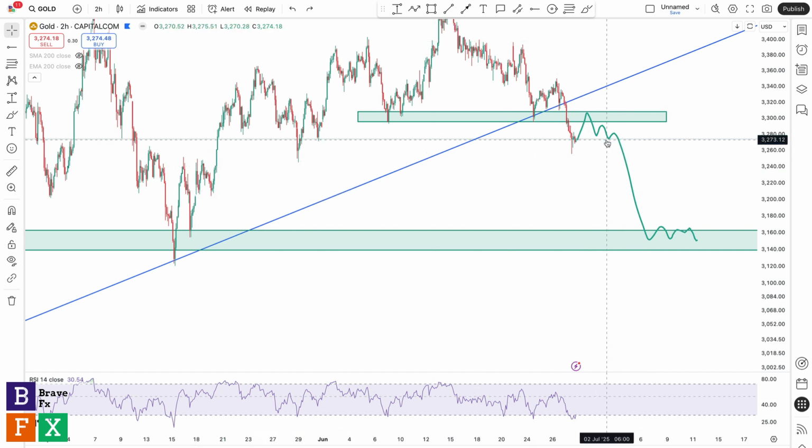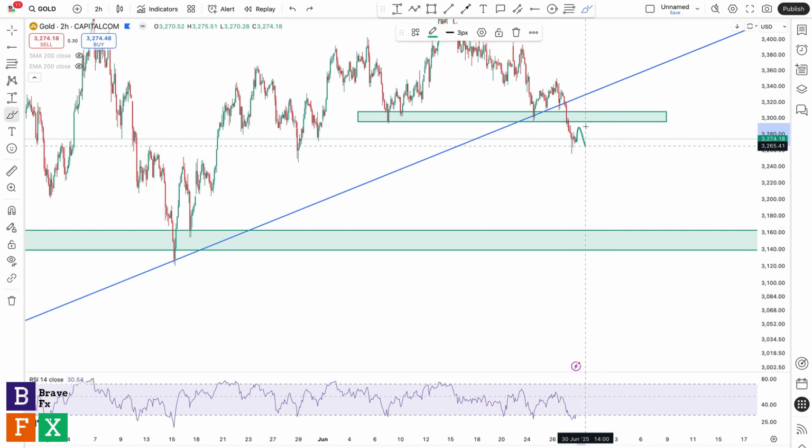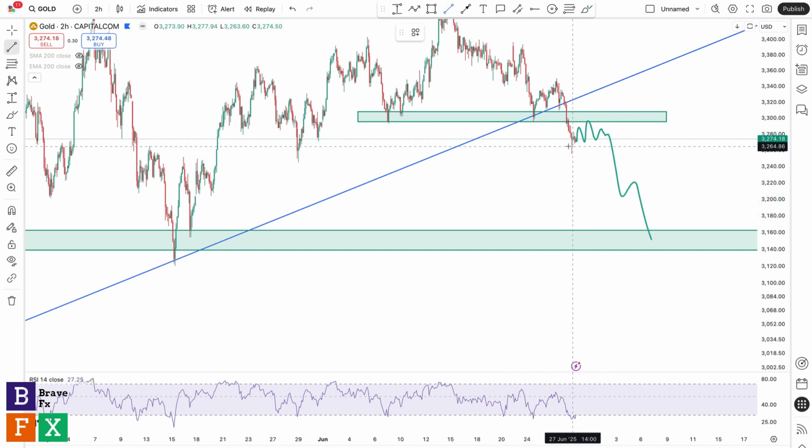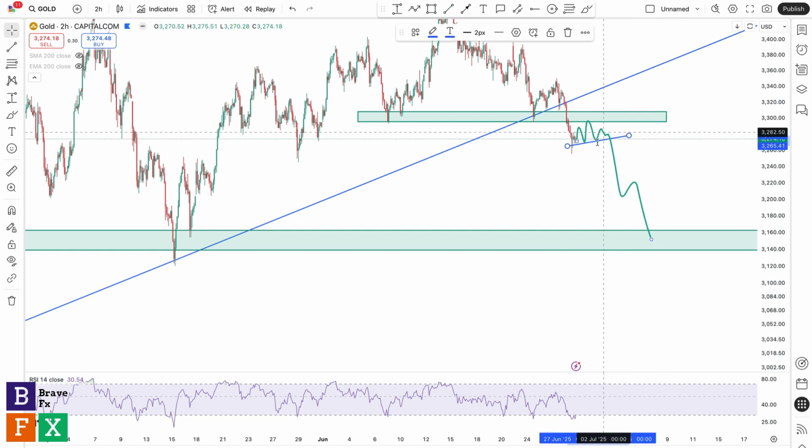Other than that, just in case we don't see any retest, we may likely get some sort of consolidation over here, right? So even if we don't get a full retest, we may get some sort of consolidation, like a bearish continuation pattern, right? It could be a symmetrical triangle, a descending triangle, an ascending triangle. But the point is, we do get a bearish breakout after that consolidation, and that could also be another confirmation